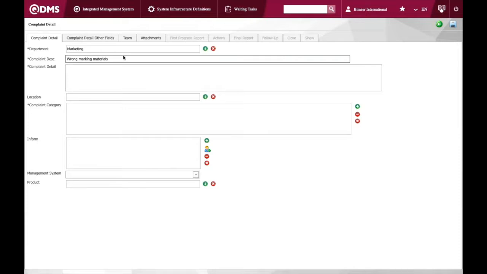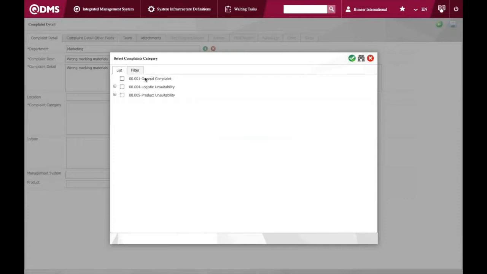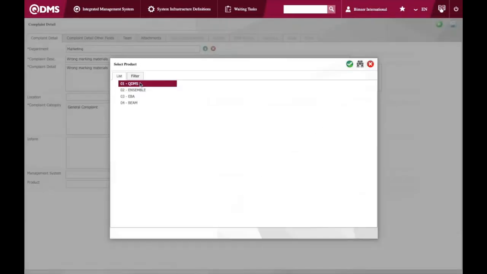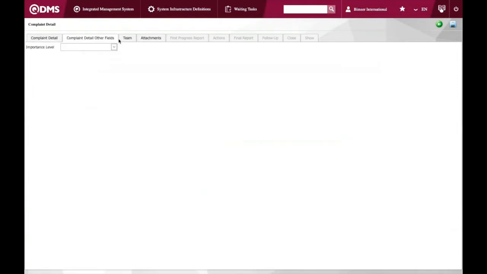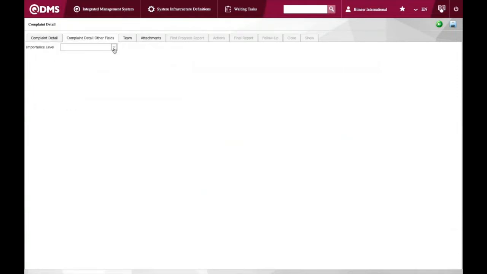And let's paste this reason to the dish detail. And the complaint category, I think we will put it at the general complaint right now. In the product, it's for QDMS. Okay, so here under the complaint detail other fields, you can choose, but this is not required, the